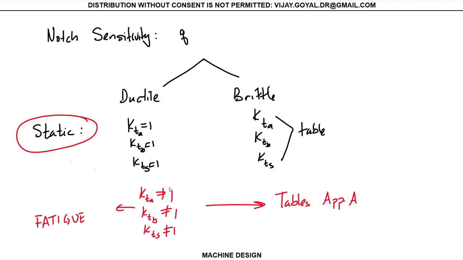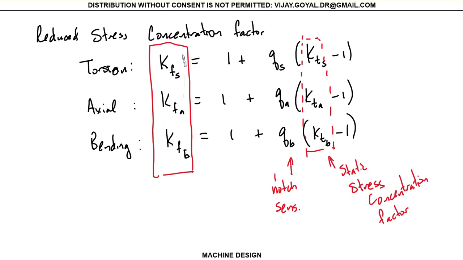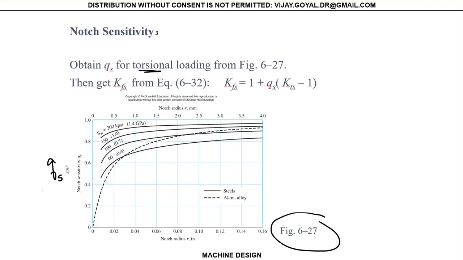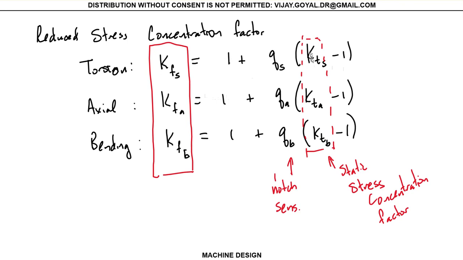Just as a summary, the only thing that we are doing different from the static case is that we have to find your reduced stress concentration factors, and this reduction actually helps for fatigue. From the static problem, the notch sensitivity is here, and to find it we went to one of these two charts to find your Q. Then I multiply this times this, and if this is close to 1, this becomes a very small number. So your KF is always going to be less than or equal to your